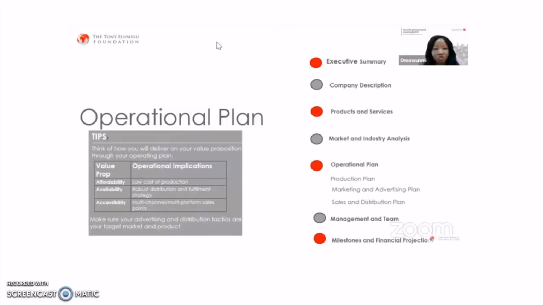So in the operational plan, you need to develop a production plan. How will you produce? When we're talking about the storytelling aspect, this is where you put in the how, the answers you got from the how question, right? How, the processes. This is where you put them into action. So your operational plan, your marketing and advertising plan: how do you plan to produce? How do you plan to advertise and market your product or services? How do you plan to sell and distribute your product, right? So that's your sales and distribution plan.